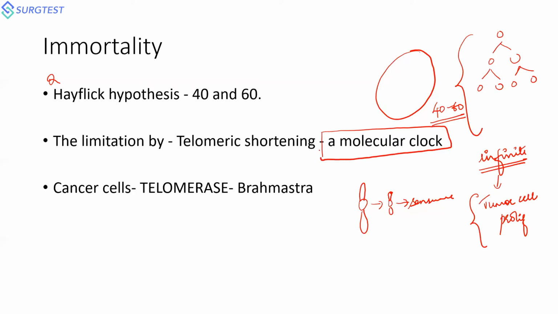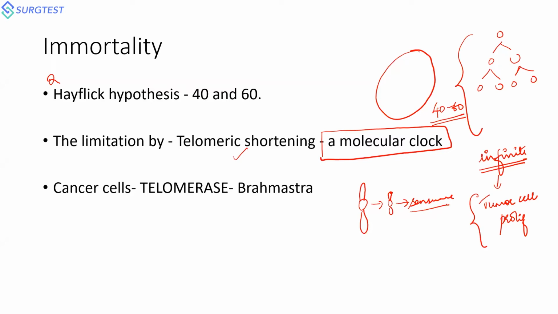Again, there was a NEET SS question in the year 2019, the AIIMS question, as it was called at that time, asking which one of the following is called a molecular clock in oncogenesis. Telomeric shortening is the answer, because this will keep a check on cellular proliferation and cell division. If there is progressive shortening, the telomeres will be subjected to final senescence.